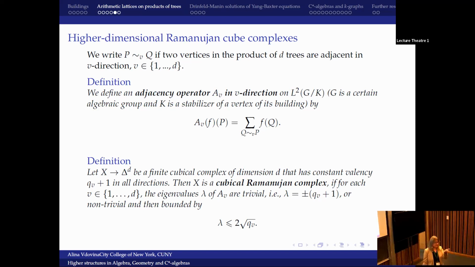So of course, in some work of Aidan and with Nadia and with many other collaborators, you were already looking at the spectrum of the higher rank graph, right? But I think that one can look at it a little bit further, at the second eigenvalues, because you mainly looked at the first eigenvalue, but actually I think the second eigenvalue is also interesting. Okay, but then we just say that it's a Ramanujan complex if in every direction we have this bound, 2 square root of the adjacency minus 1.